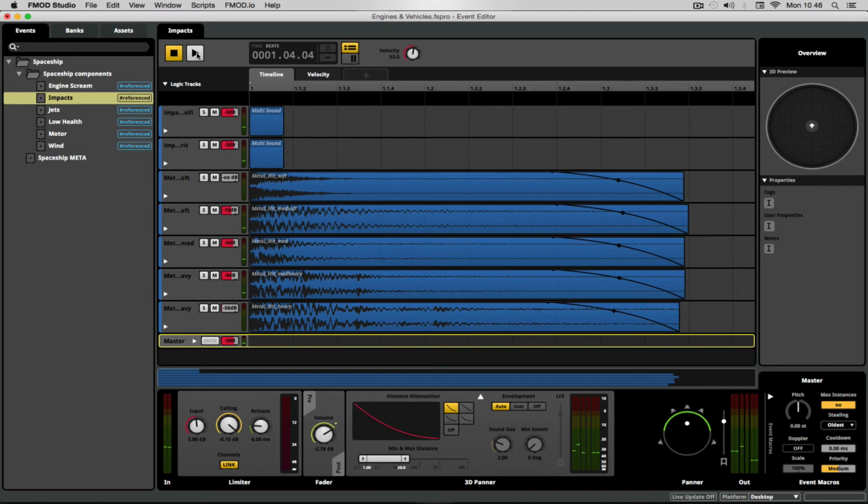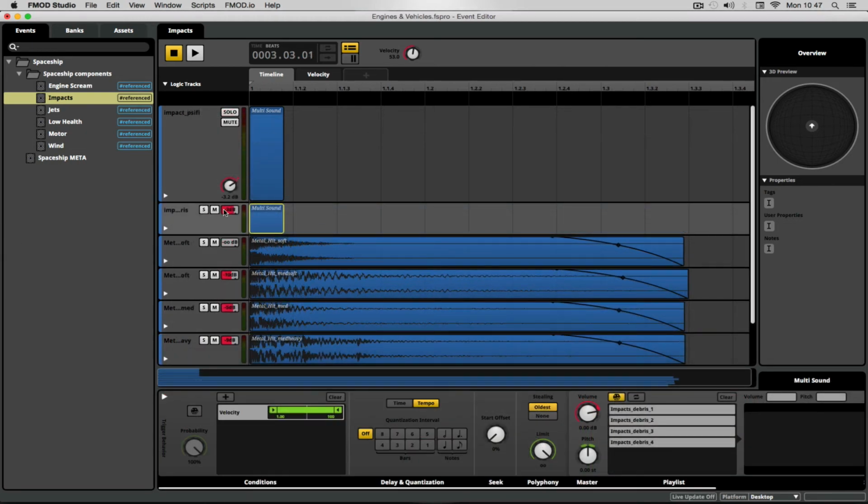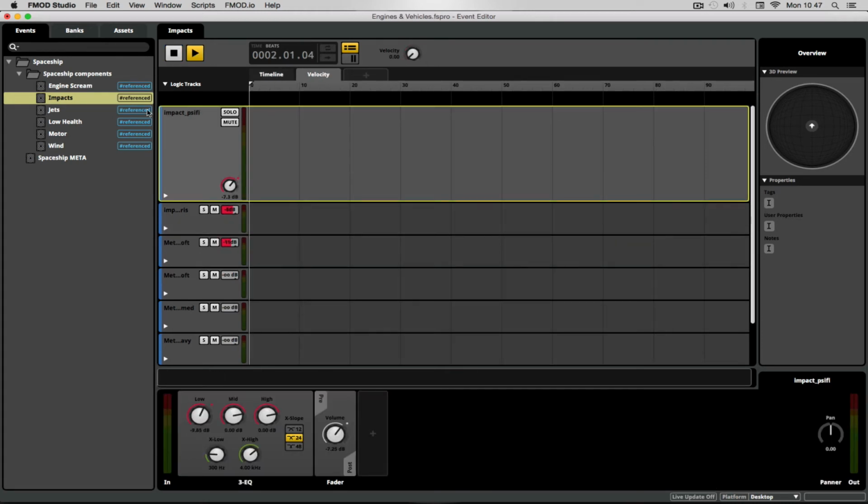So there's a bunch of different sounds that make this a big clunky sound, but also which make it adaptable and variable. Now, of course, the effect of an impact should you crash into something is relative to the speed that you were traveling at when you made the impact. So if the velocity is all the way down, then of course we're not moving at all, and that makes an impact impossible. However, if we increase the velocity,